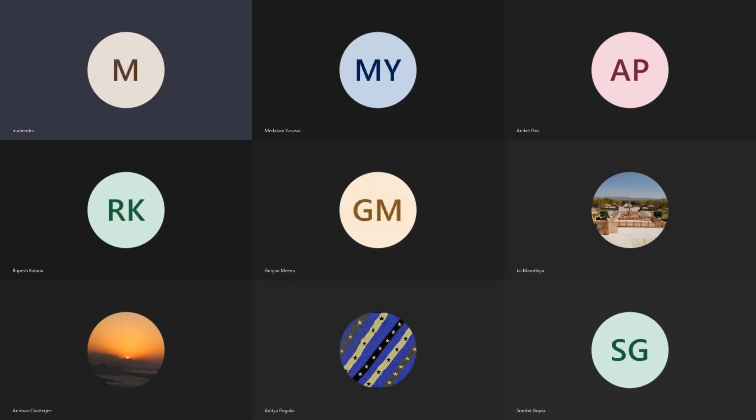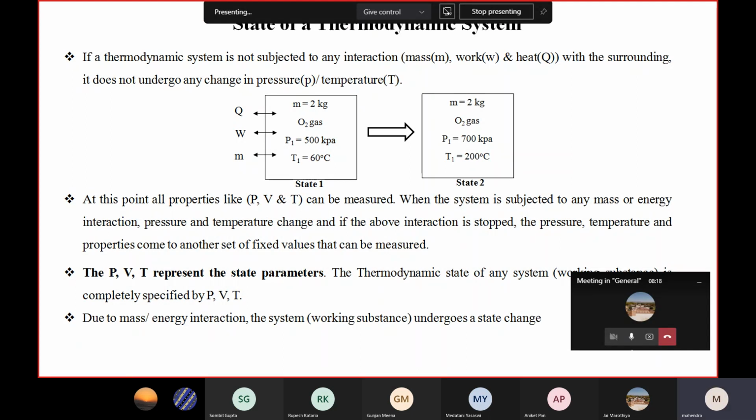Then let us continue the rest of the part. Then we have a very interesting tutorial for this. So that also let us solve. Okay. So as you know,